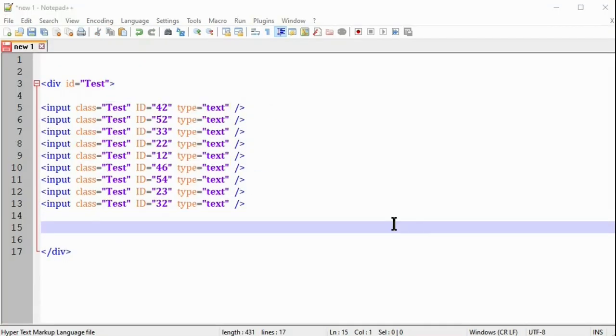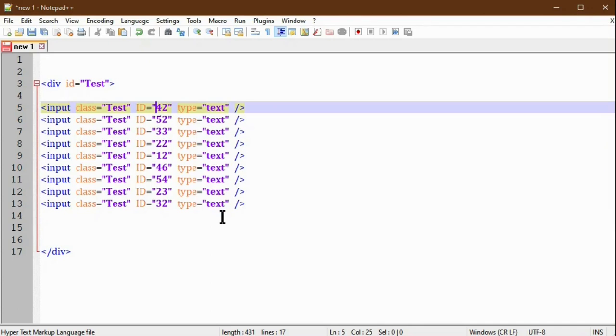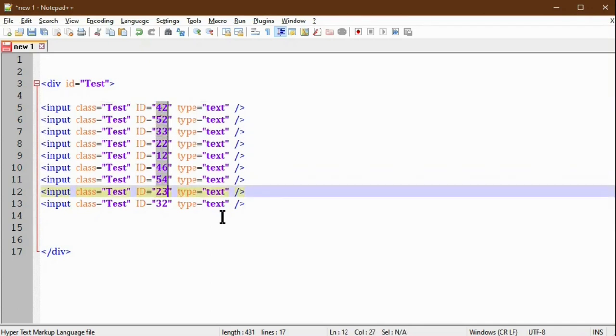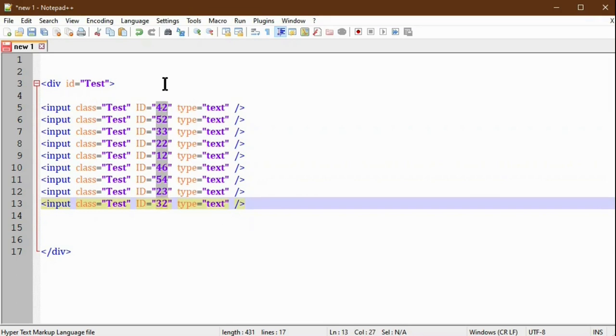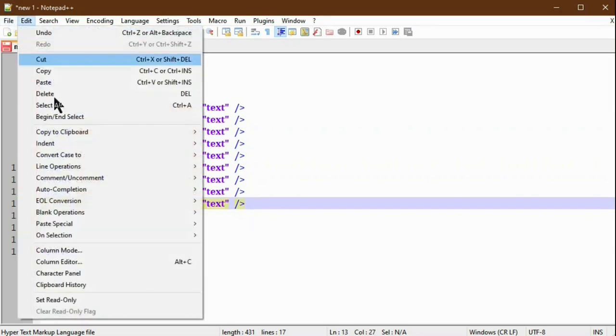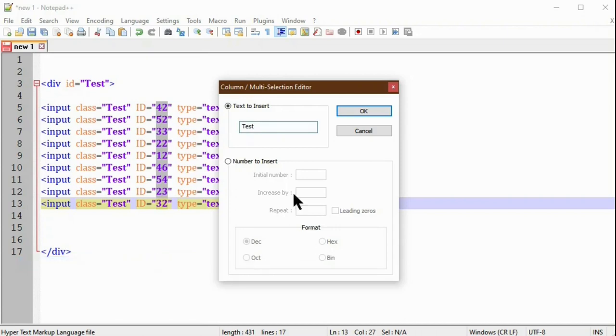In the same way, we can also change the number formats with a sequence. For that, position your cursor, then select the numbers, then click Edit, Column Editor, then go to the Number to Insert selection mode.